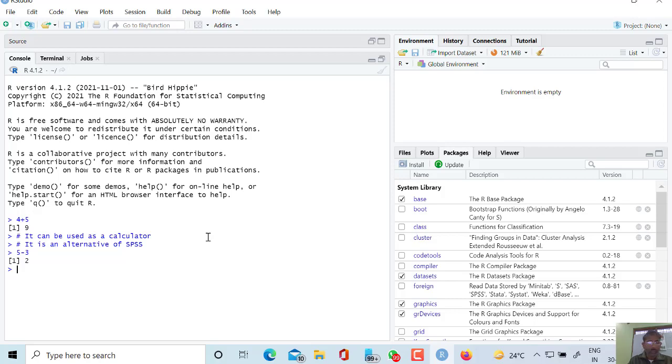In MATLAB, Scilab also you can do everything, and in this programming language also you can do everything, just like MATLAB, Scilab, Python, etc.